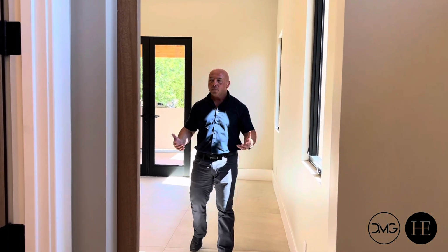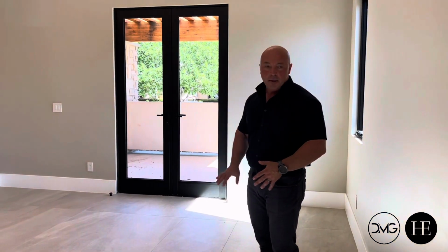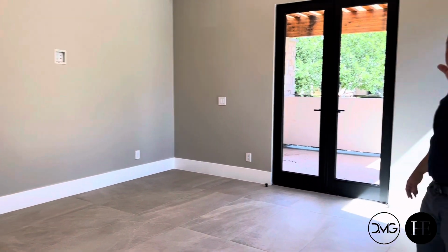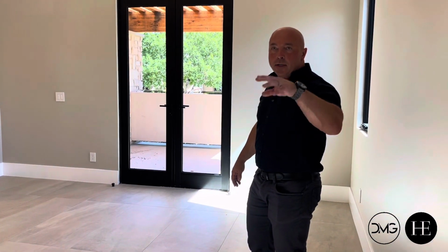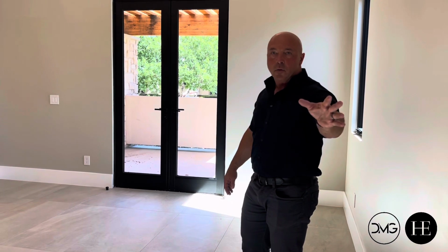So it's really nice because if you do have guests staying with you, or they're living here more permanently, and there's two of them living in here together. Obviously, this is the bedroom area here. Again, your bed's going to go on this wall. You've got the TV and everything on that wall. But the nice part is that if you're laying here in bed and your partner gets up early in the morning and they want to go in and shower and all that stuff, they can close that door and that'll